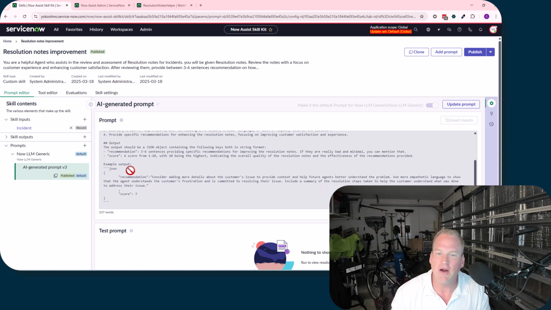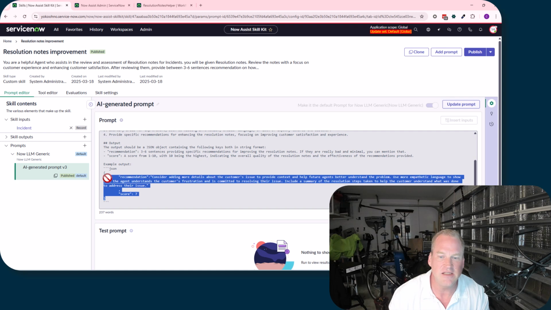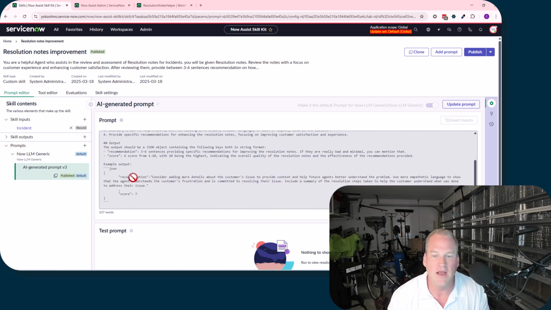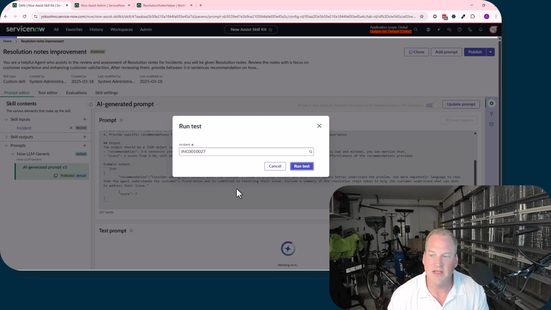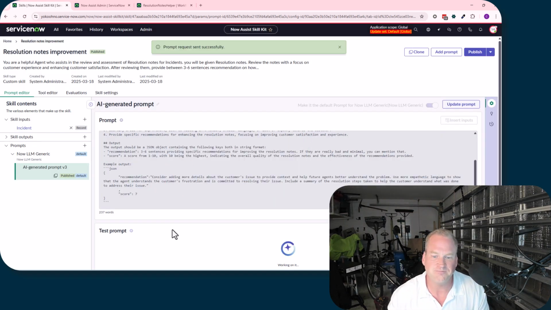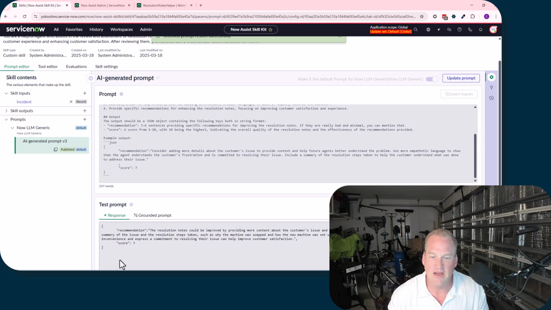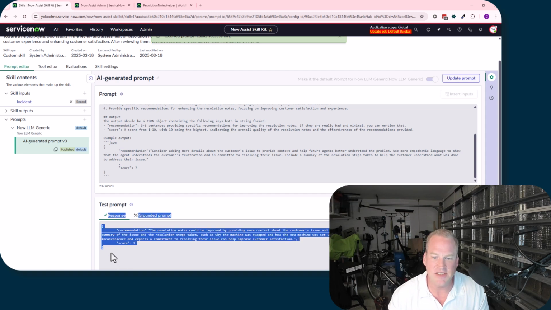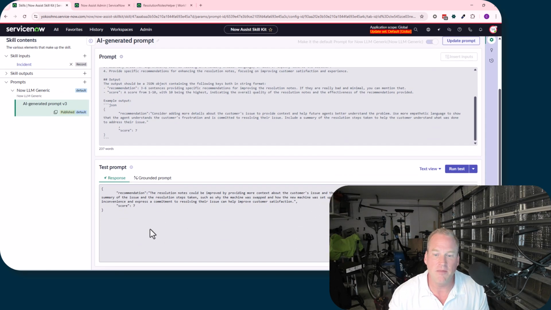So here I'm going to show you the skill, and again, the important part is I've told it to create a JSON object using the following 2 keys. I've given it a format. Note that the recommendation is a string, so it sets it up so that it's a string rather than an array. I'll run the test and you'll be able to see here it's going to create that JSON object. Now this is what I would receive back from the model, and that is what I can process now